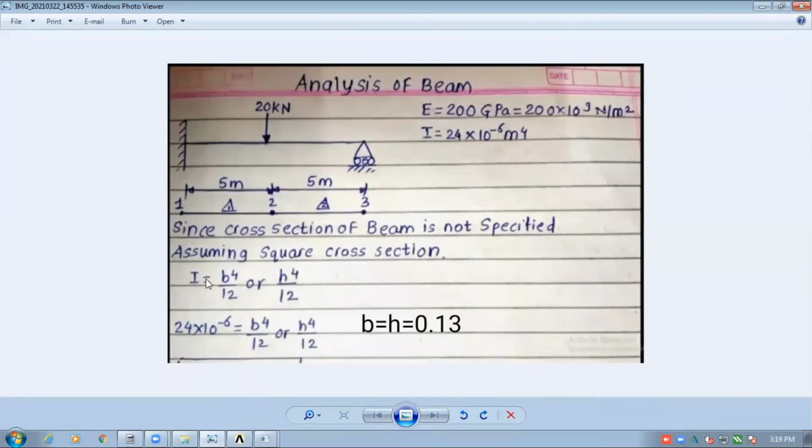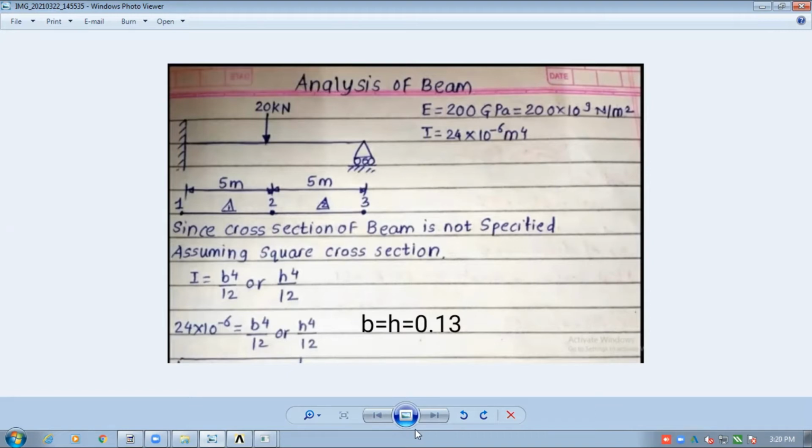So what is the basic formula for I? This is the formula for I when you consider the beam to be a rectangular section: I equals B H cube by 12.